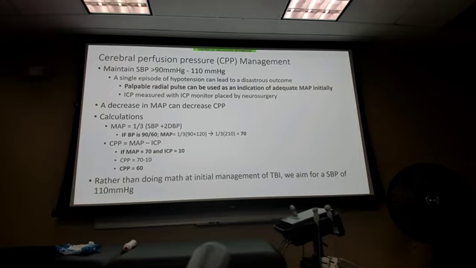If you have a palpable radial pulse, that normally means you have an adequate MAP. If you don't have an arterial line or a monitor that we can measure the MAP with, but you can palpate that radial pulse, then if you have a radial pulse, what is the systolic blood pressure? At least above